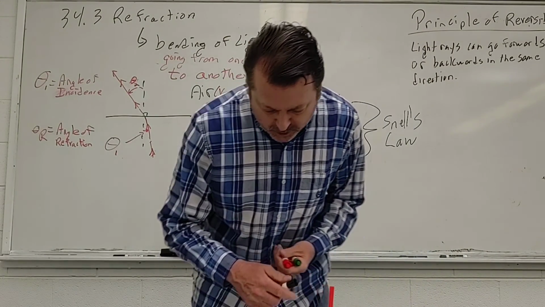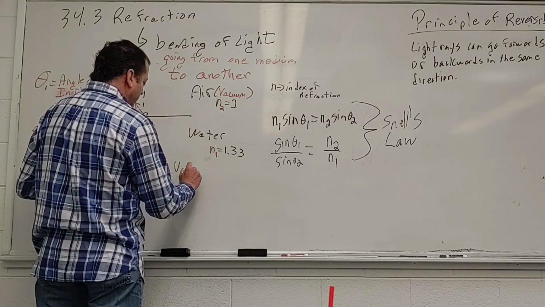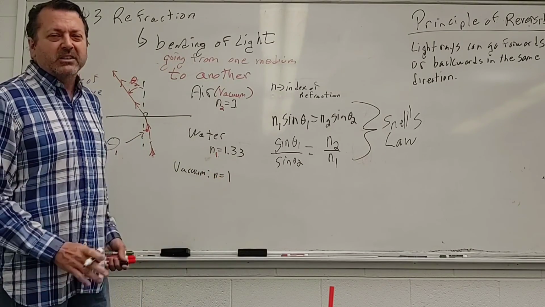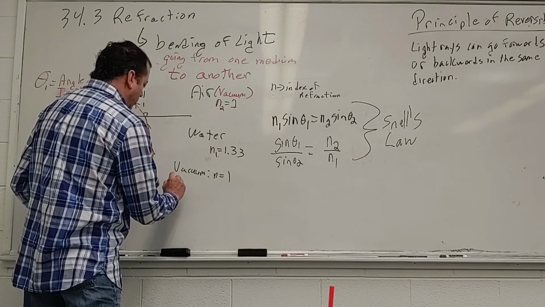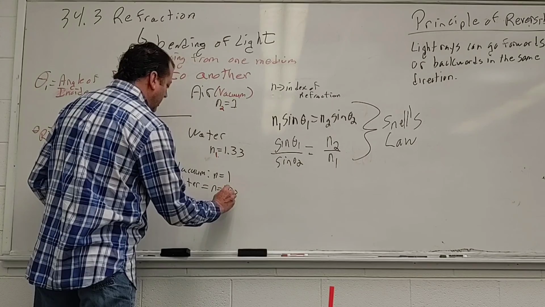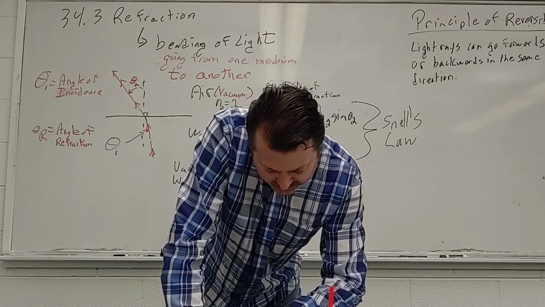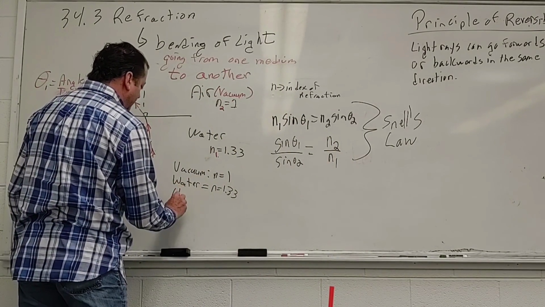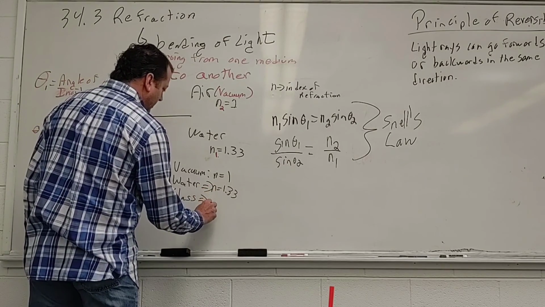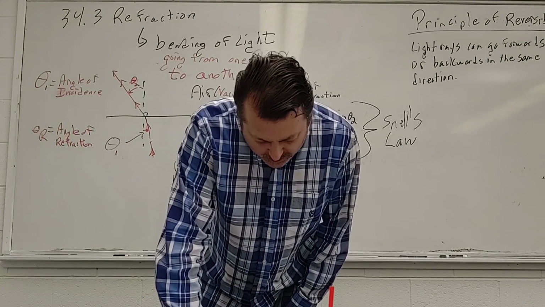Now, what are some values of index of refraction? Well, for a vacuum, n is equal to 1. If it's 1, it doesn't bend light at all. Like we said, water, n equals 1.33 about. If you look at glass, now glass can vary depending on what material is in it. So for glass, n equals about 1.5. You can make glass go up more than that.